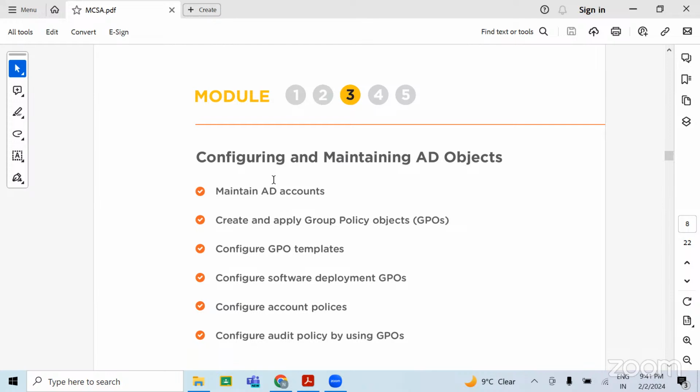Same way, there are multiple things, there are multiple templates available by default. So whenever it is needed, we can go to the group policy section and we can apply the policy to the devices. Just things to note here, only the systems which are going to be part of the domain will be impacted with that policy. Apart from that, the systems which are in the workgroup will not be impacted. All right.